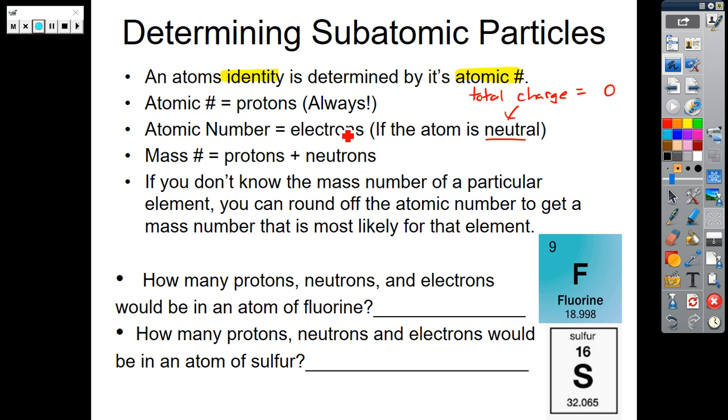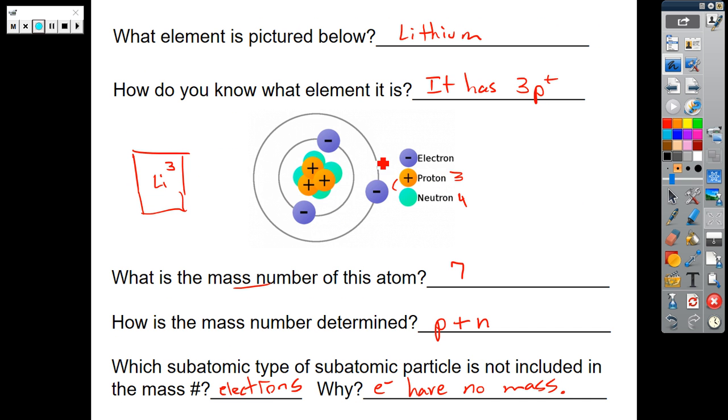And the idea here is that, since protons are positive and electrons are negative, if you take the number of protons and the number of electrons and you have an equal amount, then the positive and negative charges are essentially canceling out with each other. So, imagine I had that atom of lithium in the previous picture. If I've got 3 protons and 3 electrons, this atom is neutral